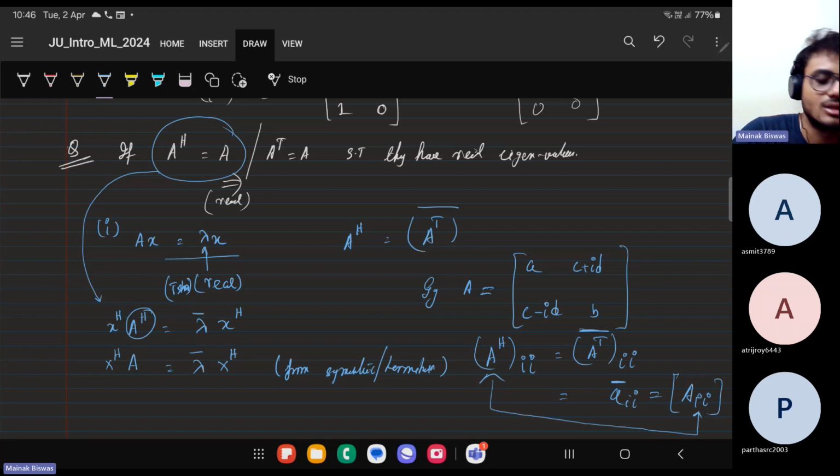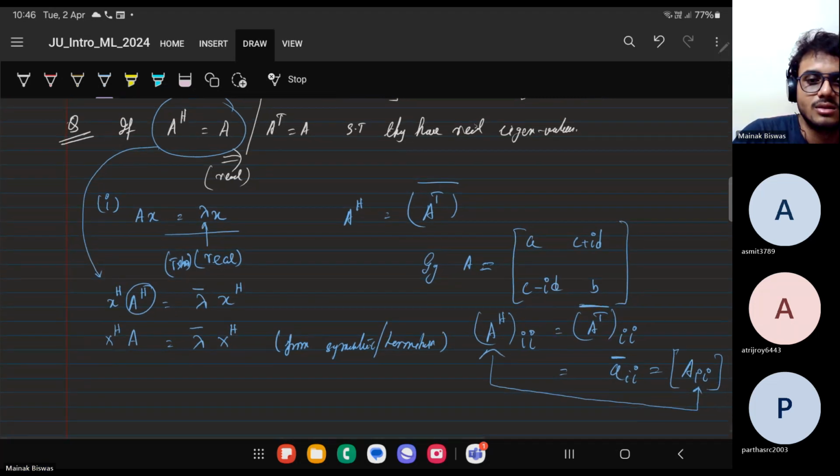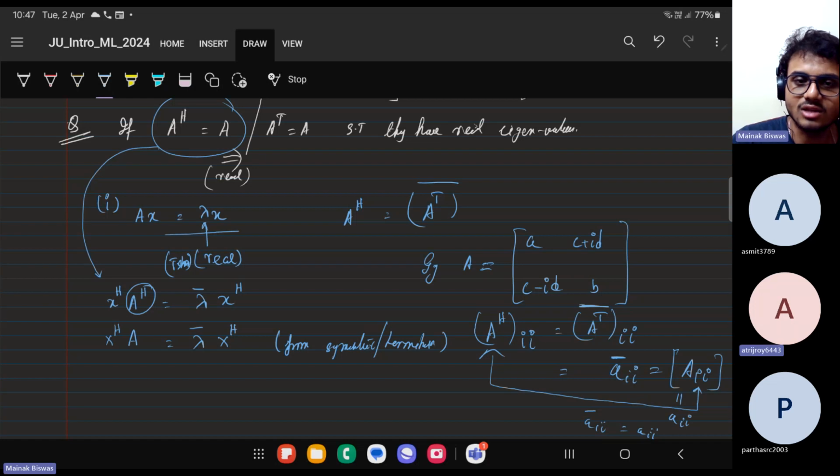For symmetric matrices, which means equal to AII. So AII conjugate is equal to AII. Yes or no? So the diagonal has to be real, right? এটাই ভাবছিলিস, yes. এটাই তুই ভাবছিলিস।